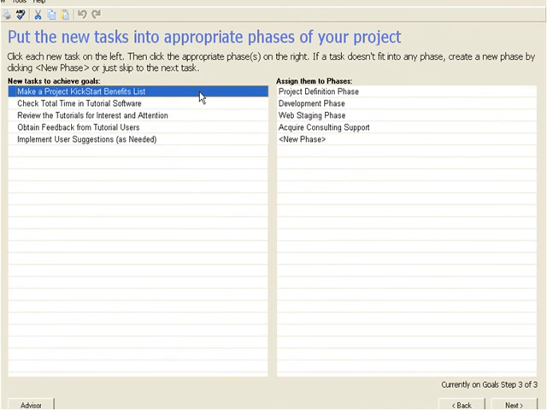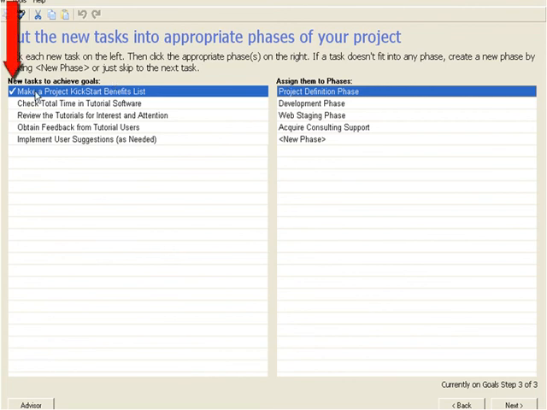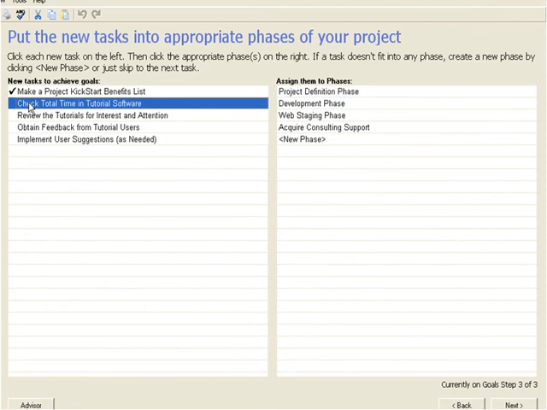This task, Build a Project Kickstart Benefits List, belongs in the Project Definition phase. We click on that phase and a check mark appears to show that the task has been assigned. The next task, Check Total Time in the tutorial software, won't require any work since each tutorial's runtime is clearly stated in the tutorial production software. This now seems more like a reminder than a true task, so it really doesn't need to be assigned to